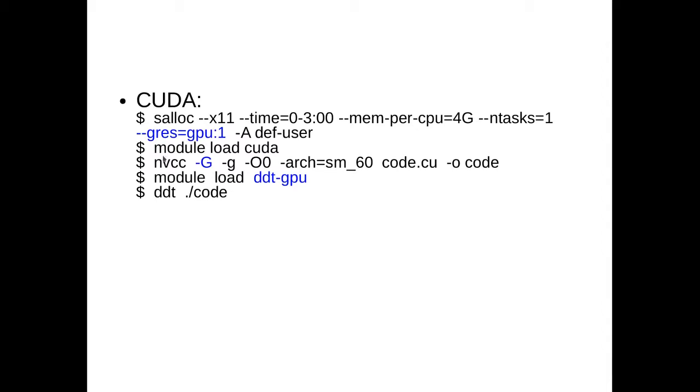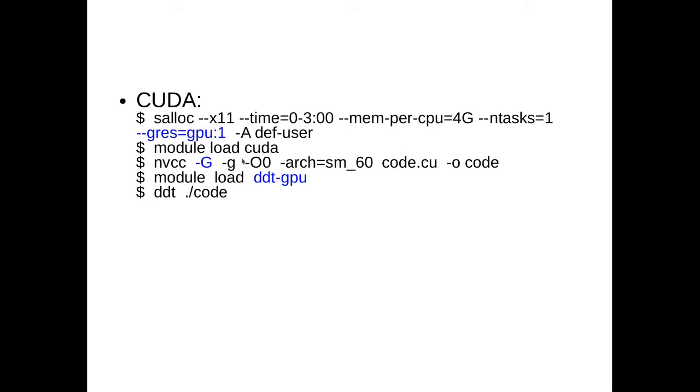And of course, when you deal with CUDA, you also have to load the CUDA module. Then you can compile using the standard NVCC compiler. But here is an extra point: not just -g for CUDA code, you want to add -G. Capital G corresponds to symbolic information on the GPU side. If you forget that, you will be able to debug the CPU host part of your code, but you won't be able to debug the device part of the code. And this is just the standard way you compile CUDA code on Graham using arch